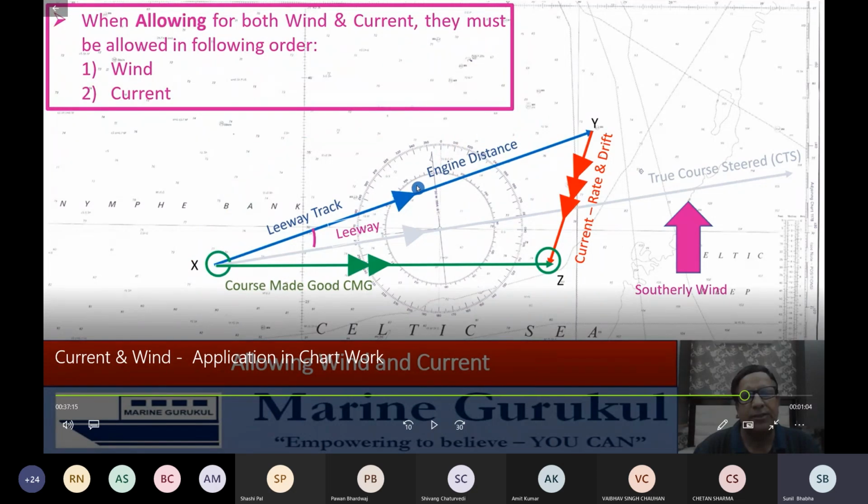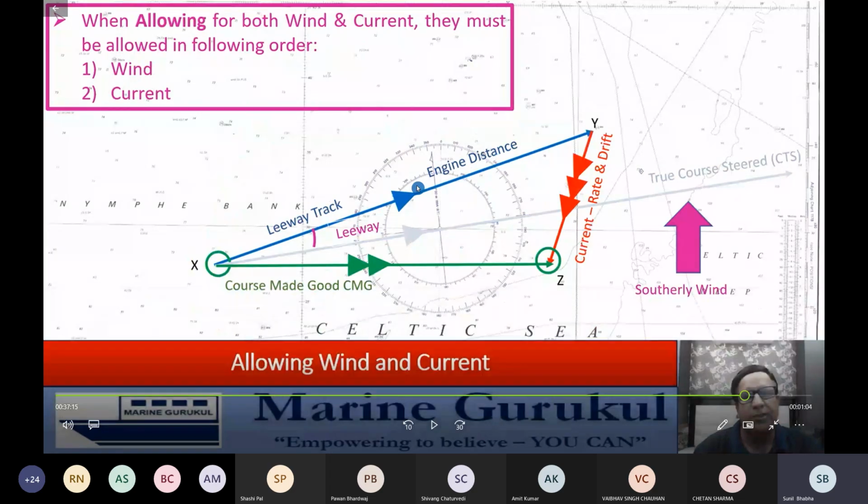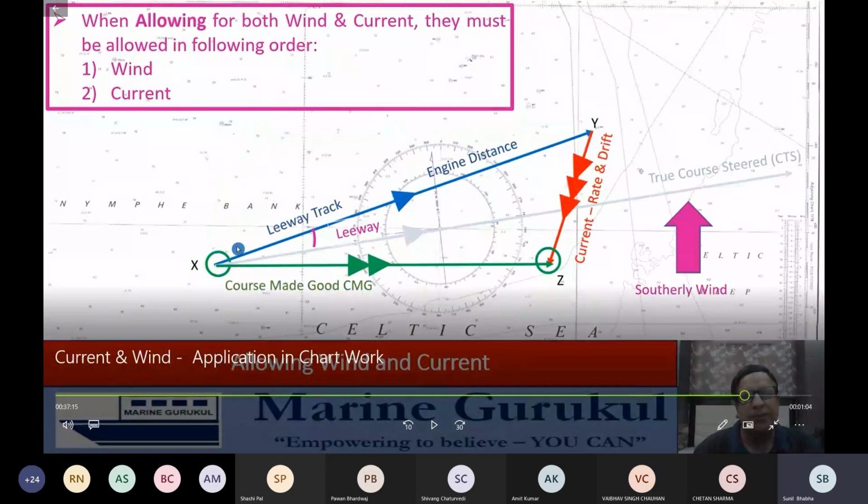यहाँ पे हम जीपीएस डिस्टेंस या डिस्टेंस मेड गुड क्यों नहीं ले रहे हैं, क्योंकि अगर आपने वो यहाँ पे ले लिया फिर तो आपने ये करंट वेक्टर का इफेक्ट पहले ही इसमें लगा दिया ना बेटा. सो उस केस में तो आपको सीधा कोर्स मेड गुड ही मिल जाएगा. अगर आप जीपीएस से ही डिस्टेंस निकाल लोगे और जीपीएस से ही जो कोर्स दिखा रहा है वो निकाल लोगे, तो हमें सीधा कोर्स मेड गुड वेक्टर ही मिल जाएगा. We will not be required to allow for the current here.